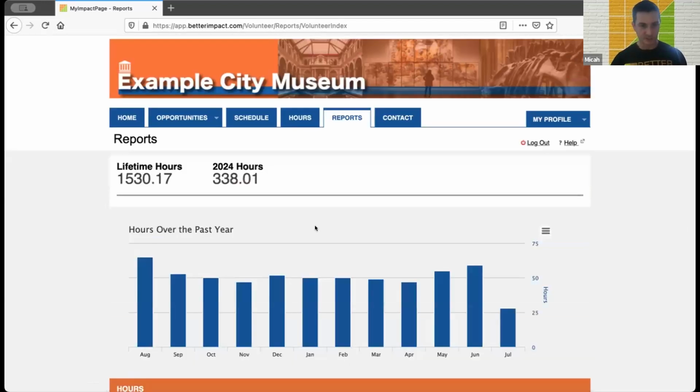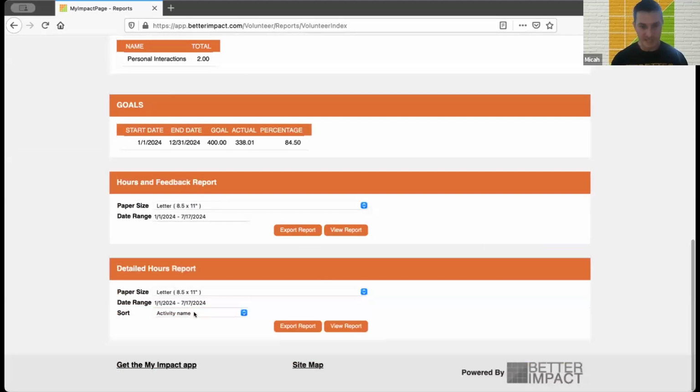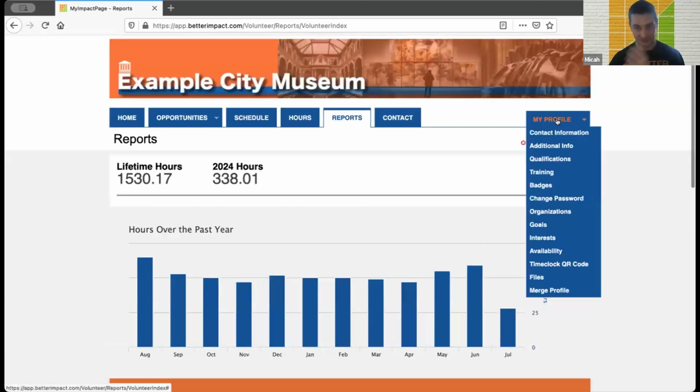There's a built-in summary, but I can also do my own custom date range here if I'd like to track my own hours for a specific date range. And then lastly, what I'll discuss is here's where I can update my own information, such as my own contact info, any other custom info that I create on here, as well as any trainings,